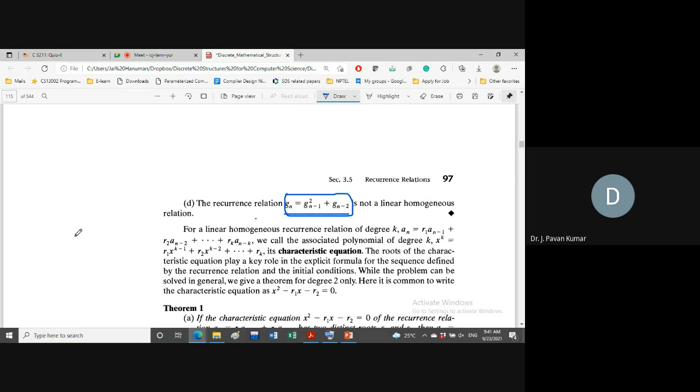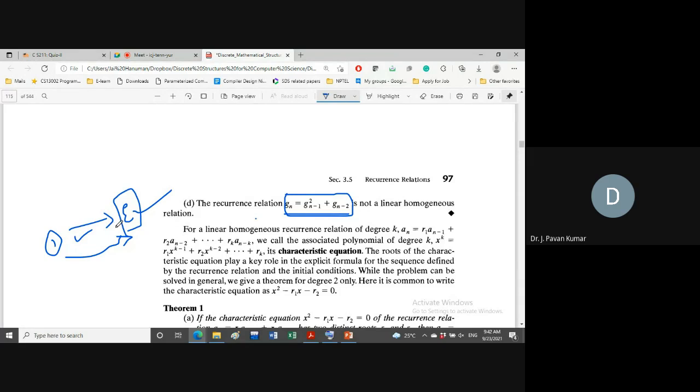Whenever a recurrence relation is in one particular form, then straight away we can give the explicit formula associated with this recurrence relation by substitution. We need not solve explicitly. By using the formula, just substitute the values; if you know those, we can directly obtain the explicit formula. That is what we are going to see now.